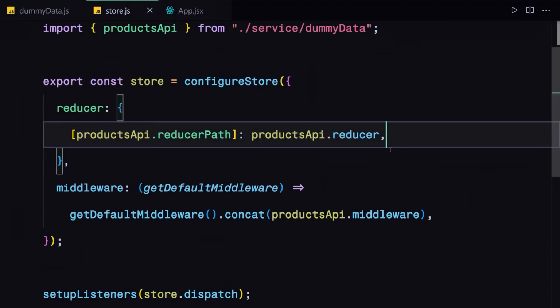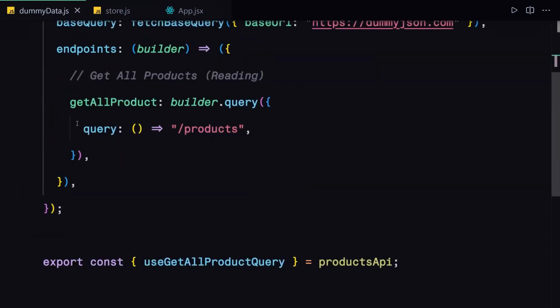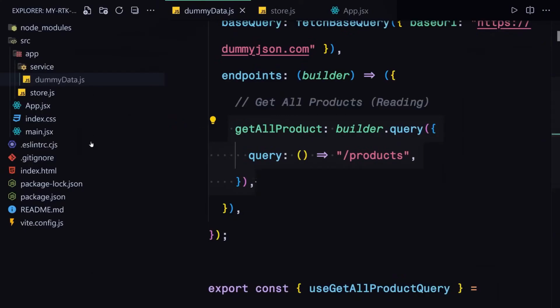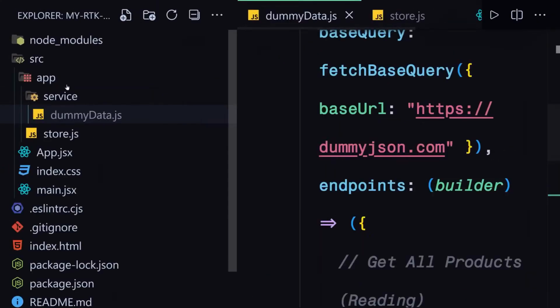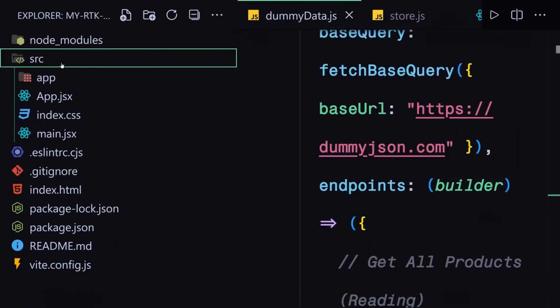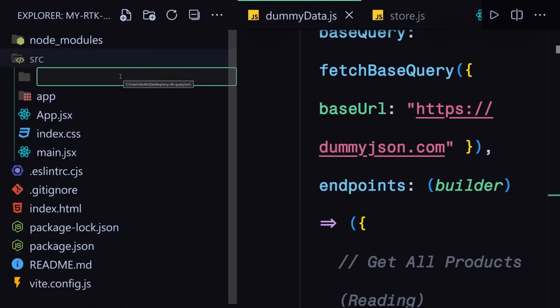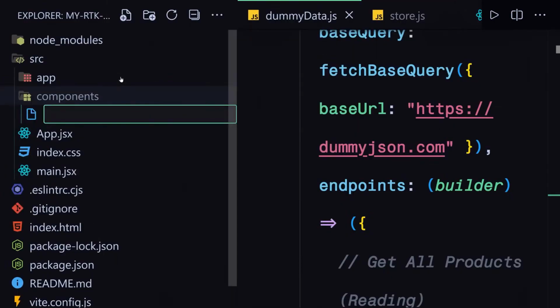Next we are going to be learning about how we are going to be using that specific endpoint which we already created right here inside our app component or React component. So to use this endpoint, the first thing which you have to do is that we have to create a separate folder inside the src folder. So we're going to be creating a folder. I'm going to just give it a name of like components, and inside this components folder we're going to be first of all creating